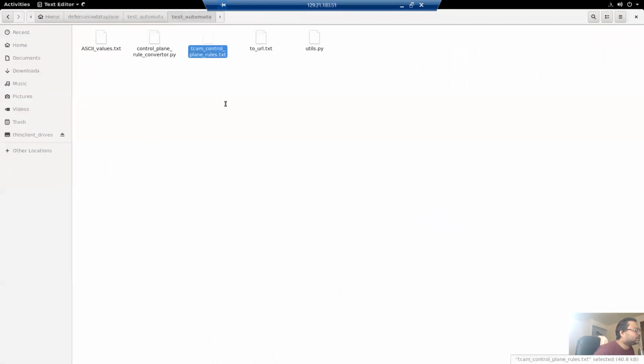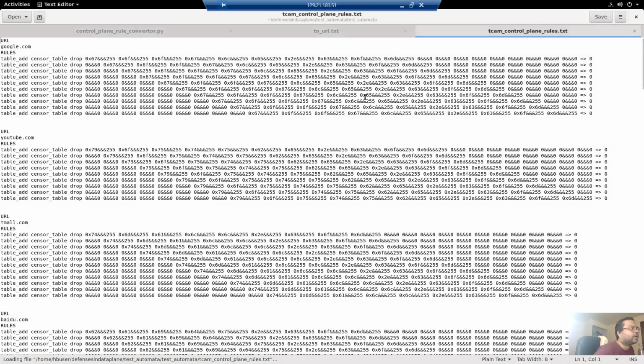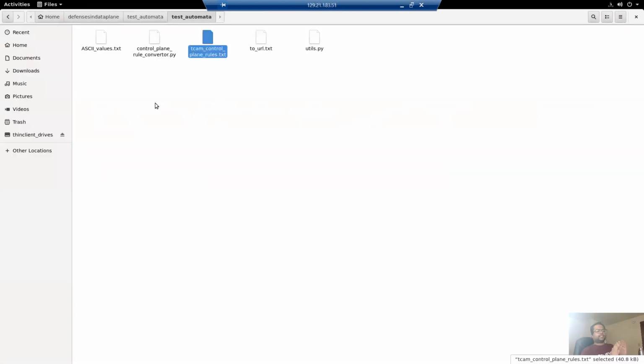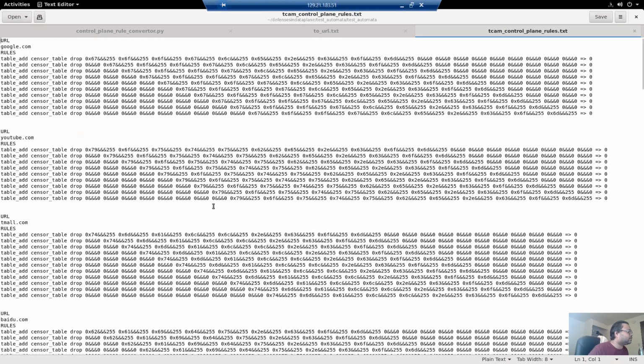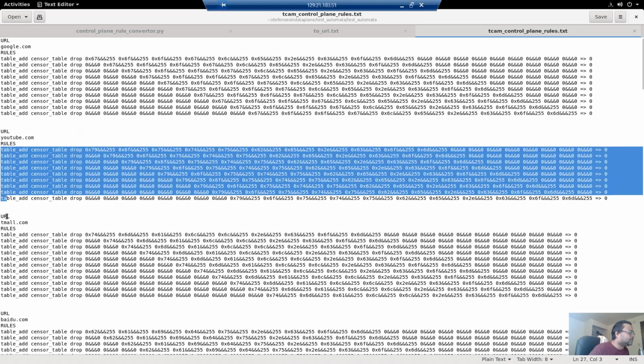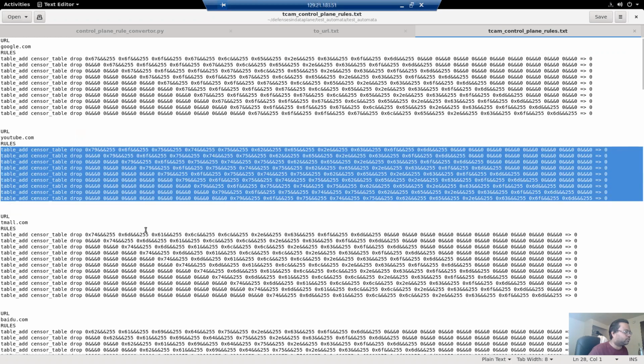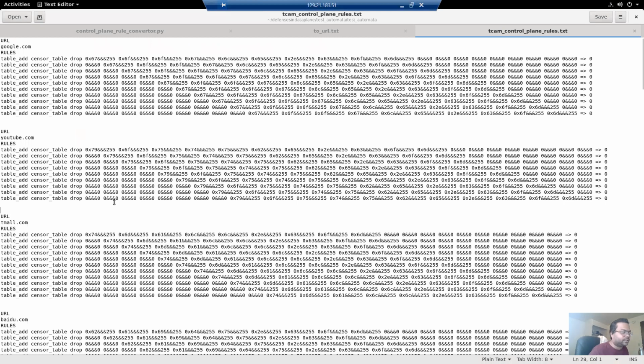So it takes a pattern and generates an output file. Basically, it takes the pattern or domain name to be blocked and outputs the corresponding low-level data plane rules. Now this really helps us to scale the experiments. We don't have to manually write all the low-level data plane rules. You just feed the file as an input, and as an output, it will automatically produce those low-level data plane rules. An example of this is one of the corresponding output files. You can see these are the low-level data plane rules that we fed from the control plane into the match action table, the TCAM match action table.